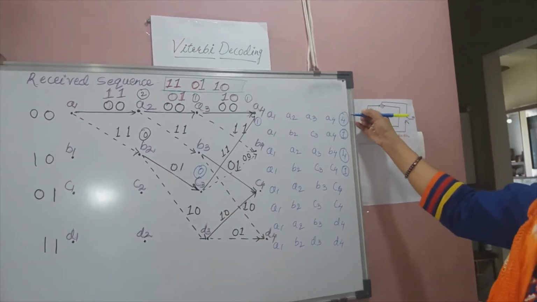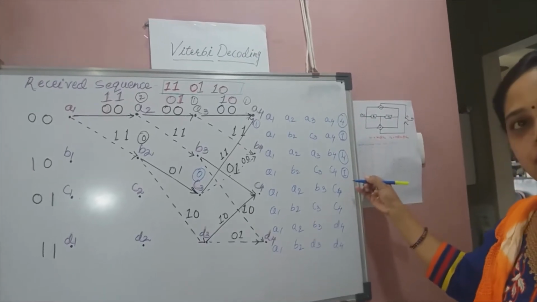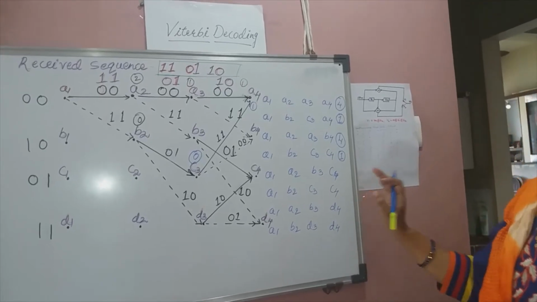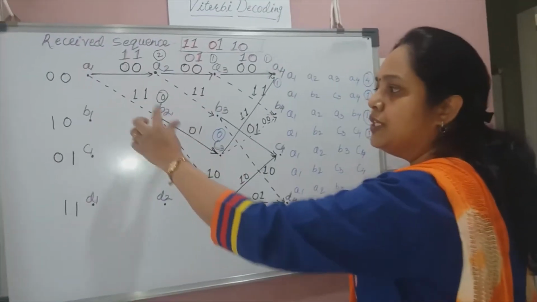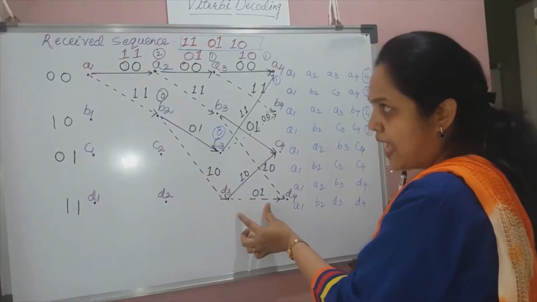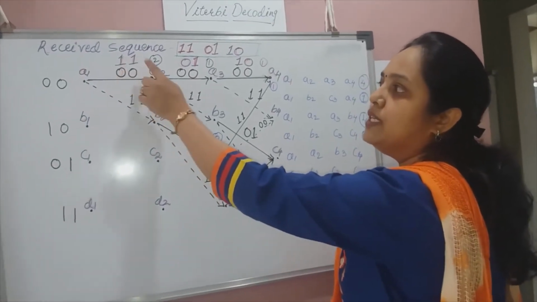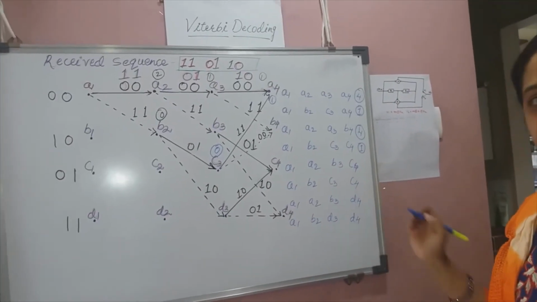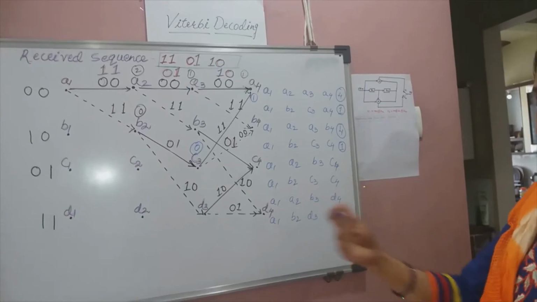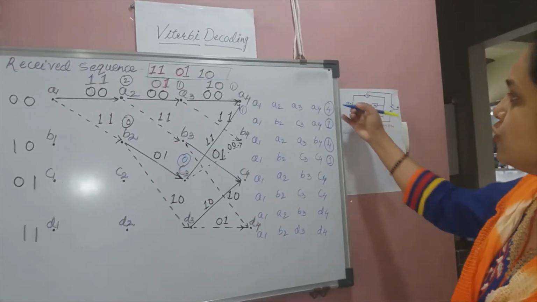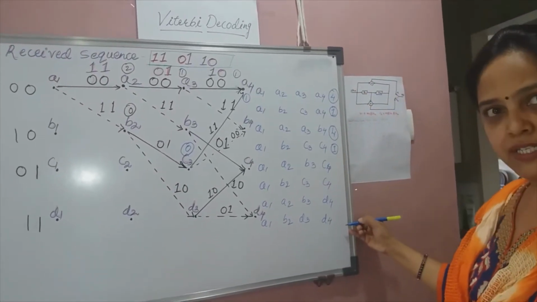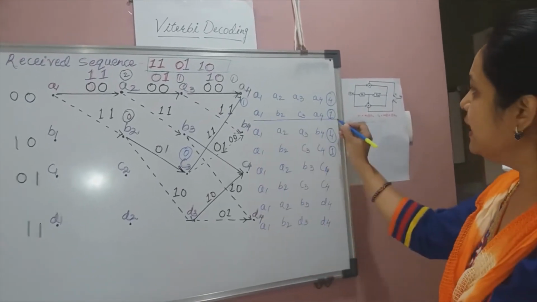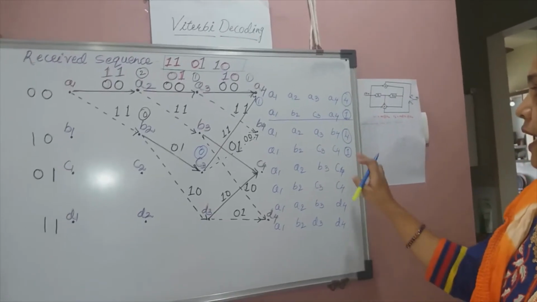As we have found out the weights for the first four paths, we also have to find out the weights for the last four paths. In a similar fashion, by comparing the standard output written on the path with the received code word sequences, the difference is what we write as the metric of this path. The next step is to see out of all these weights which is the minimum.